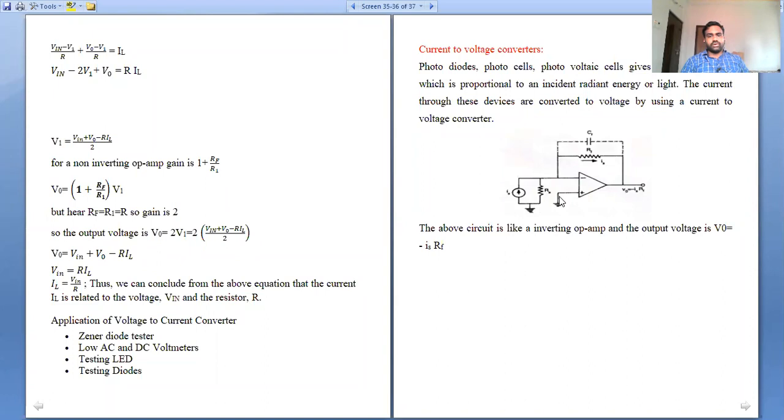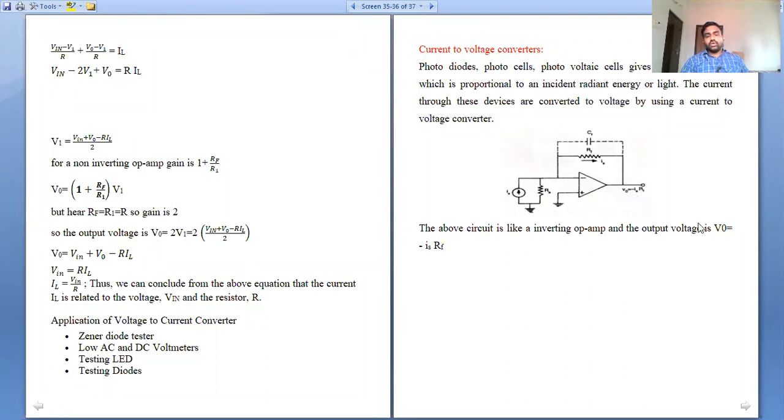If the non-inverting terminal is grounded, what will happen? The terminal voltage is 0. Because of this, the voltage at the virtual earth point is 0. That means no current flows into the inverting or non-inverting terminal, because the virtual ground voltage is 0. This is a high input impedance, so current will start flowing through the feedback resistance.